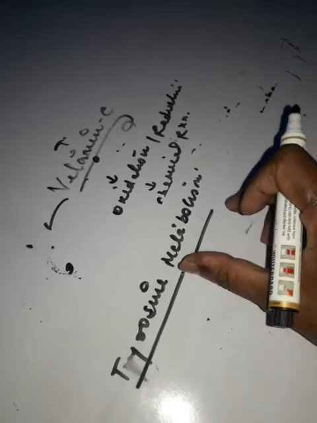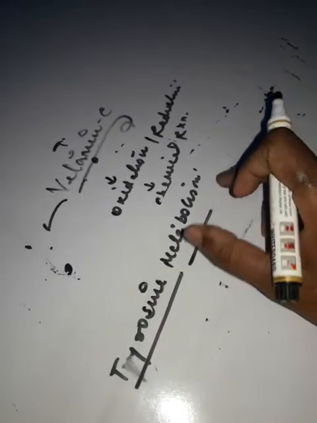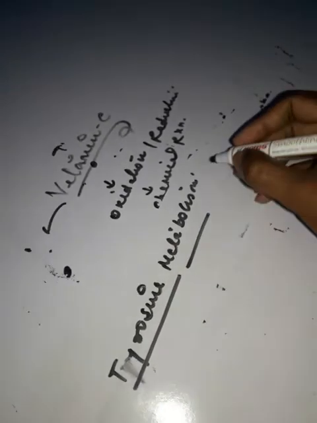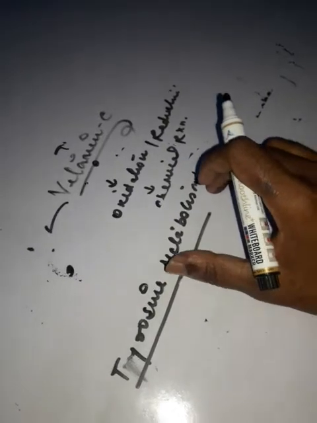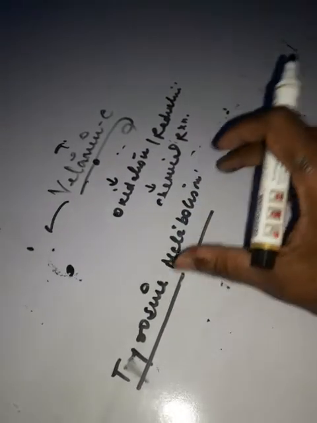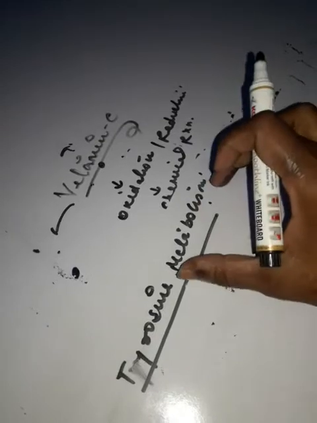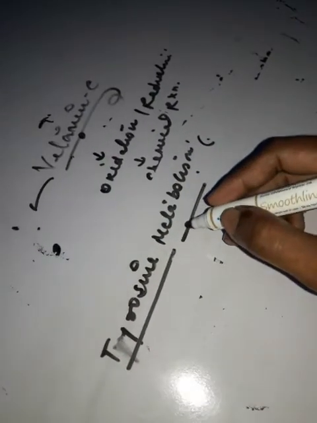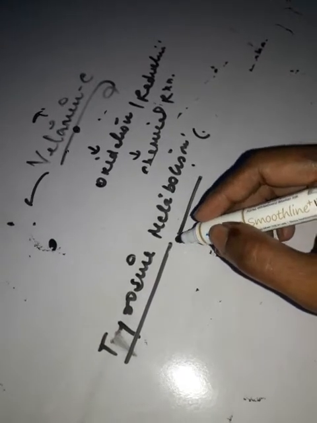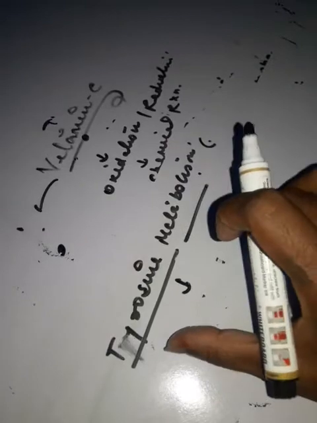So tyrosine is another amino acid in metabolism. Okay, tyrosine metabolism. What is the term metabolism? We will discuss it here: there are two processes involved in metabolism, either anabolism or catabolism. So in this tyrosine metabolism, vitamin C here